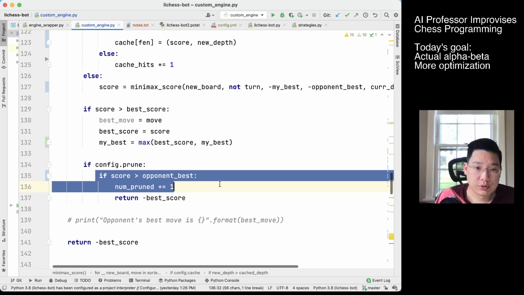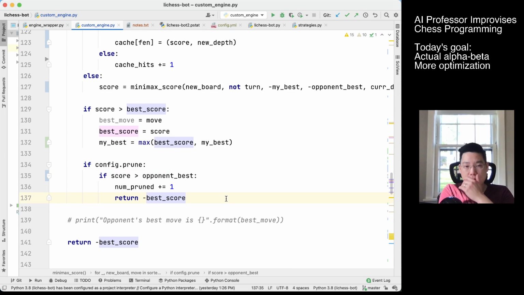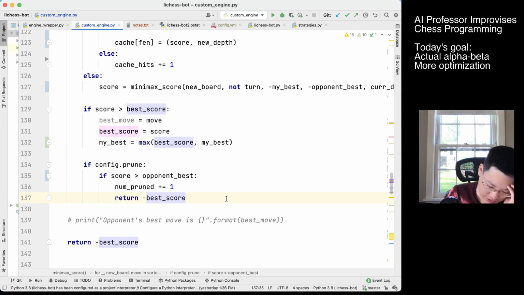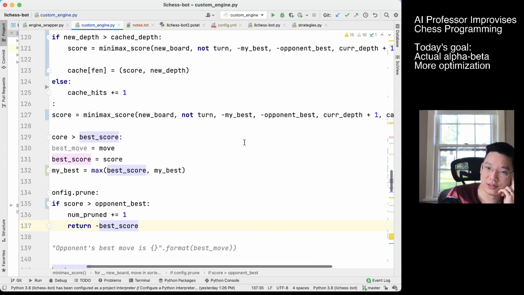All right, so this is the pruning process. If we find a score that's better than the opponent's best, then we stop searching. That's the right logic. But now we have to think about: are we passing down the ancestor's best score correctly? So the way that works is that we pass in this kind of,